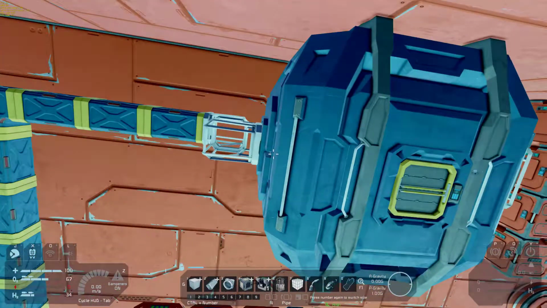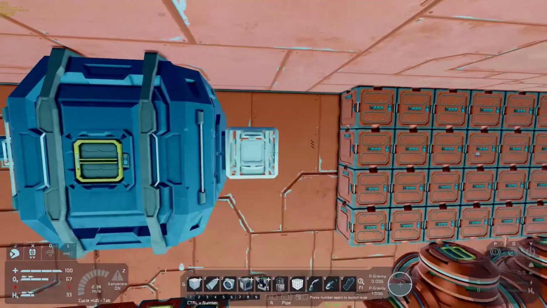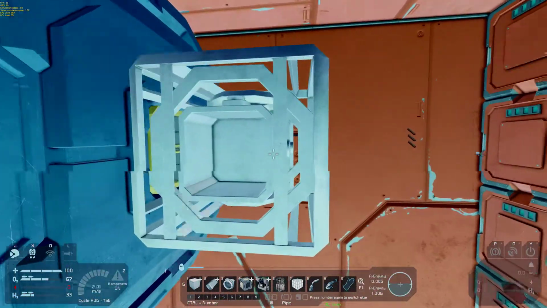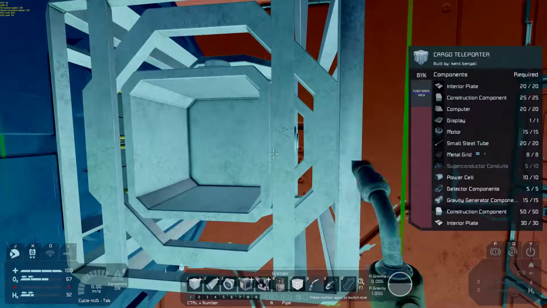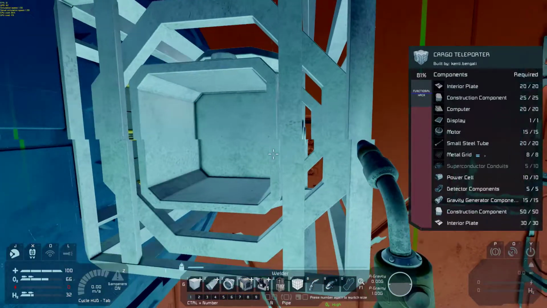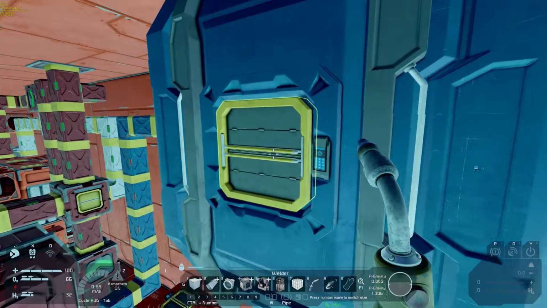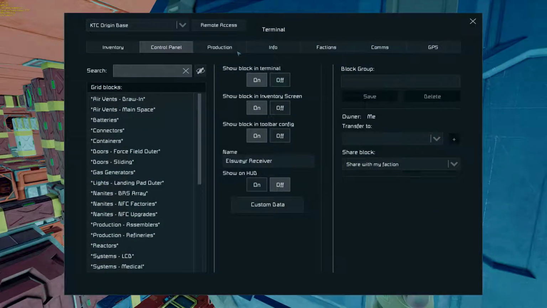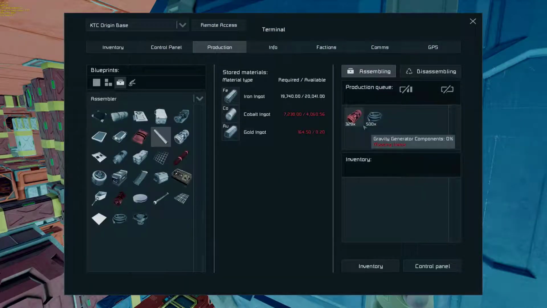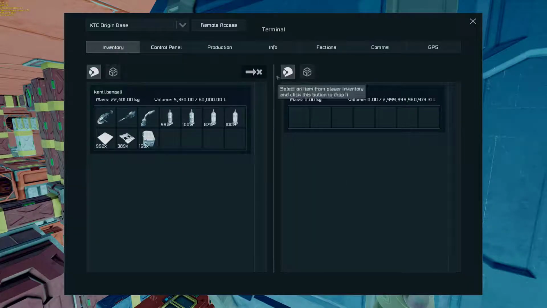Okay. So in this case, we're still waiting, I think, on gravity generators. Go ahead and 8. Oh, superconductors. So still superconductor conduits that we're waiting on. So back to production. We'll see where it is, and we are saying missing cobalt, and I don't think that's the case. Maybe missing gold. Oh, I know why. Because